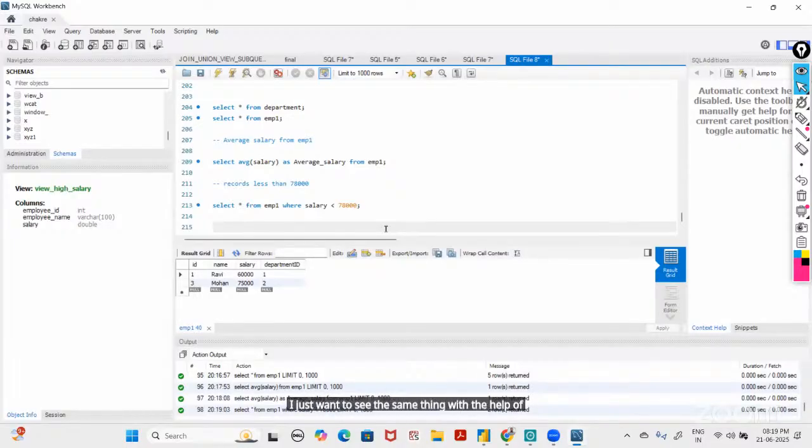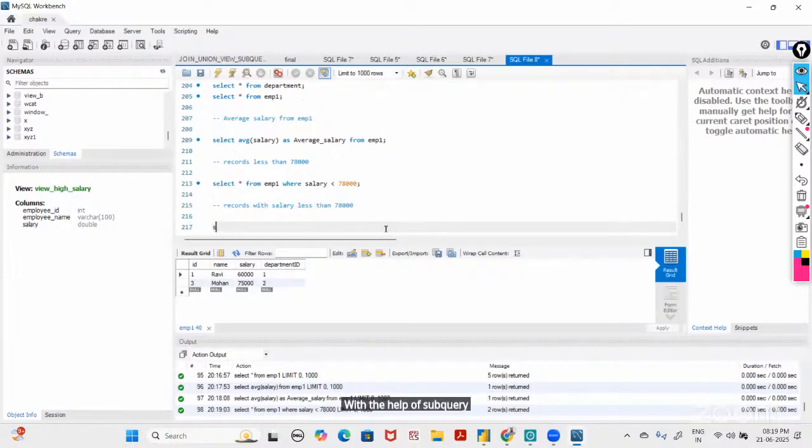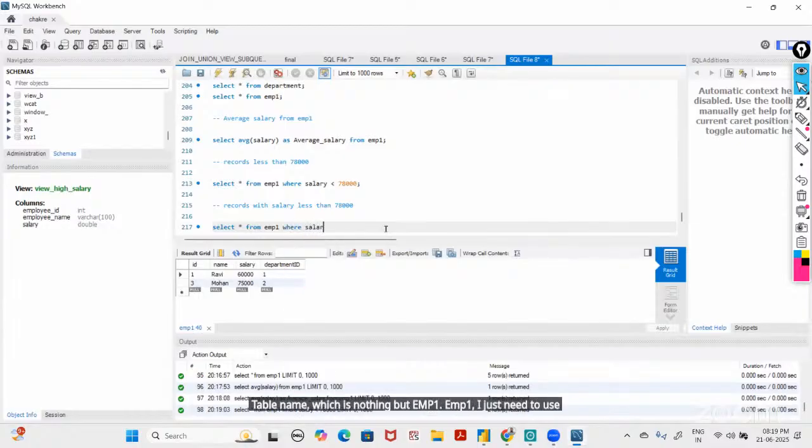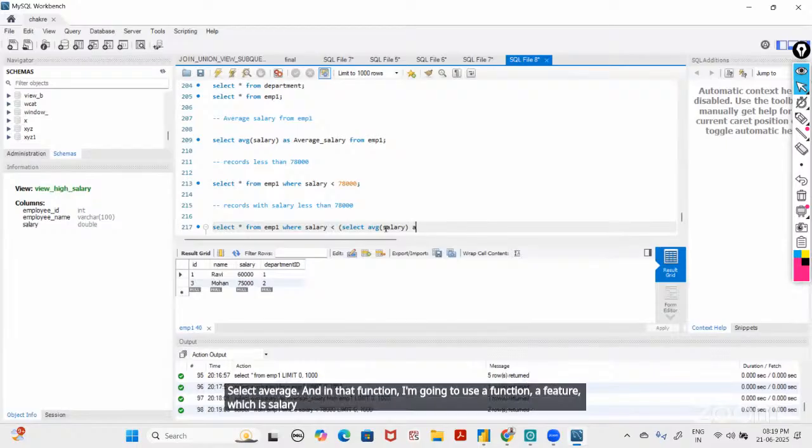After that, I just want to see the same thing with the help of a subquery. I'm interested in finding out the records with a salary less than 78,000 with the help of a subquery. How are we going to see that? I need to write a query which is select all from my table name, EMP1. I just need to use a where clause, where salary is less than, and in the subquery I'm going to use select average of salary from my table EMP1. Once I run this line,